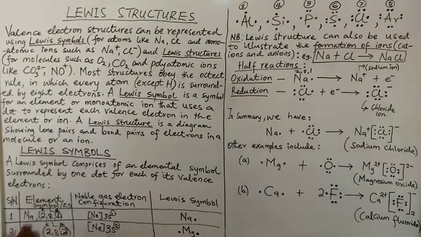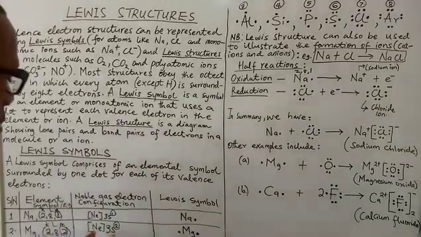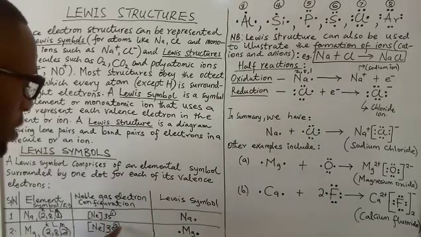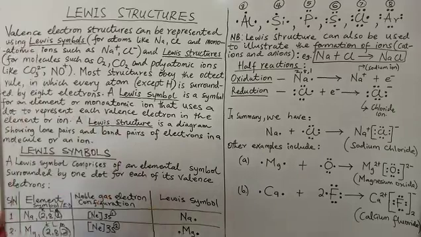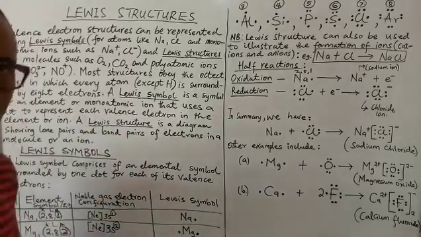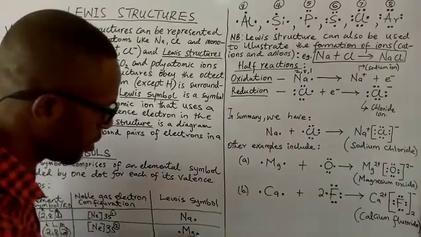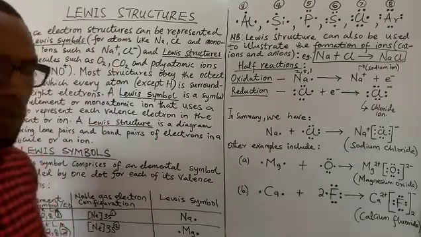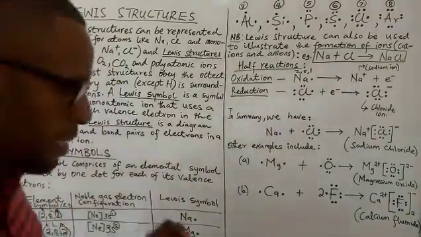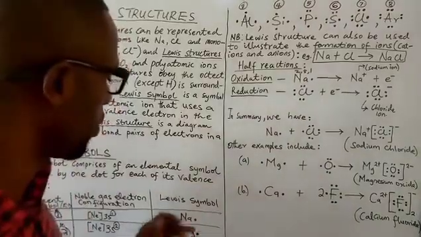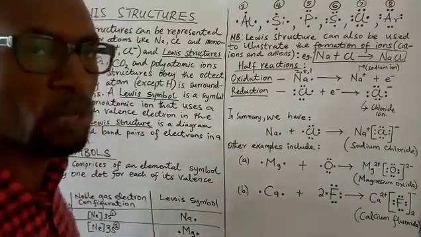Again, we have two electrons in the outermost shell. To corroborate that, we have the noble gas electron configuration as [Ne] 3s2. Again, we understand ultimately that magnesium has two electrons, and those electrons are depicted with two dots, one dot here and one dot here, with the symbol of that element centrally placed.